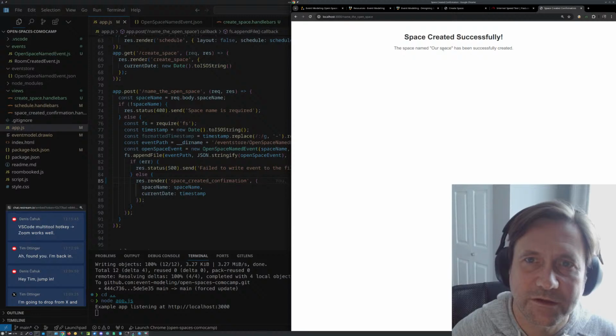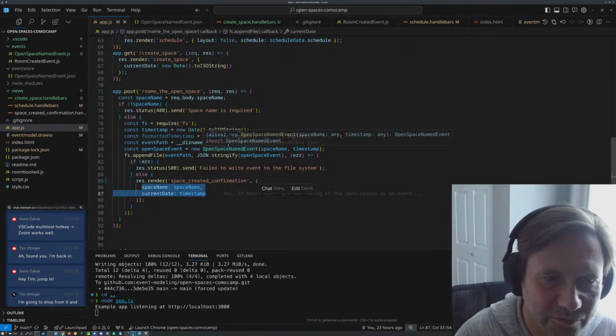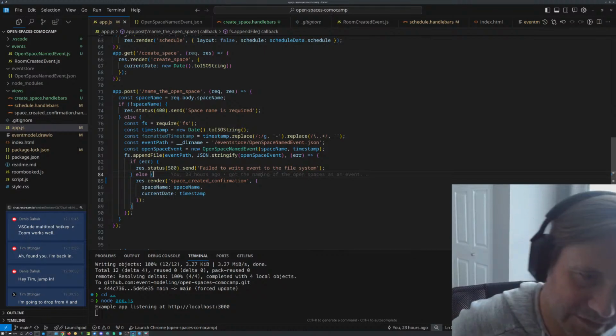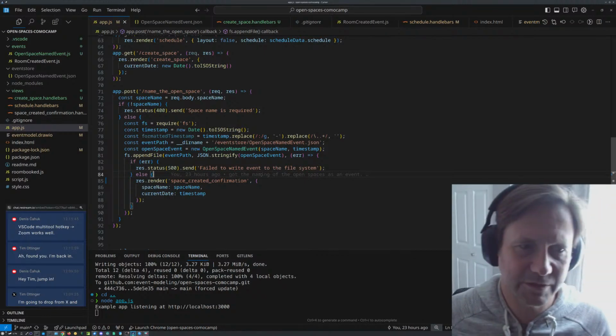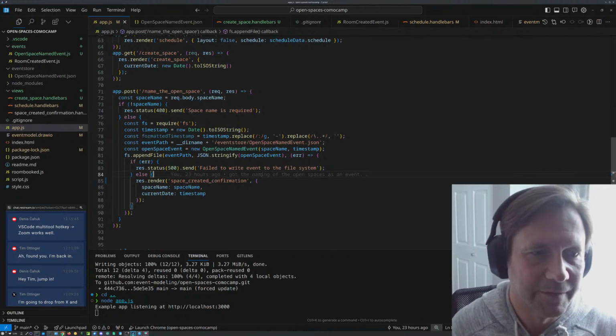Okay. So the one problem here is that we're just spitting out what's going on here directly from what we submitted, which is not the way we want to do that. We want to use a projection of all events. And in this case, the projection could just be take the last event of this type.